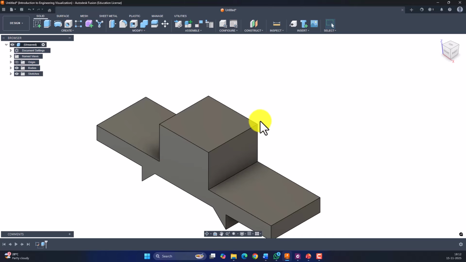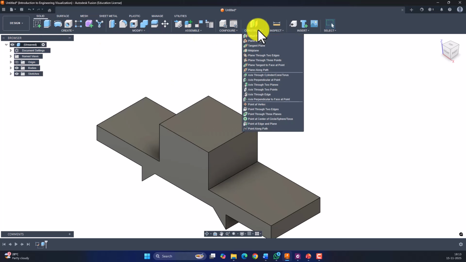So let's try to create the profile on the center of the thickness of the rib. Here the thickness of the rib is 15 mm. So let's create a plane from this end at a distance of 7.5 mm. Construct a plane with the offset plane command. So go to construct and give offset plane